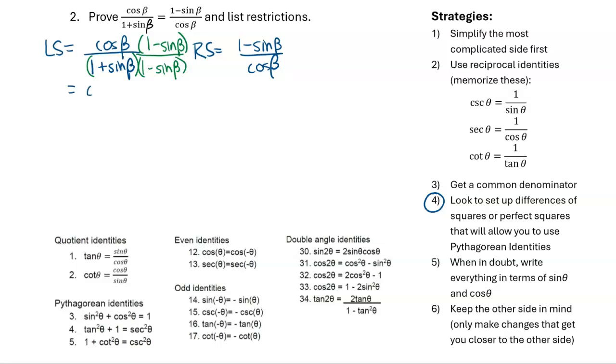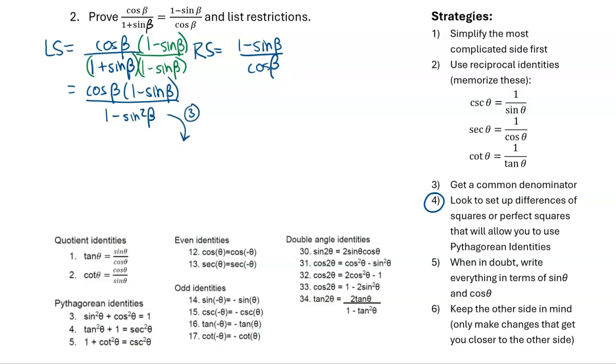And so this becomes cosine of beta times 1 minus sine beta. I'm keeping that like that for now. I'm not going to expand it out yet because I'm interested in this 1 minus sine squared beta on the bottom. That's a difference of squares, the first term squared minus the last term squared. And so what we get is something that we can rearrange here actually, because this is very similar to